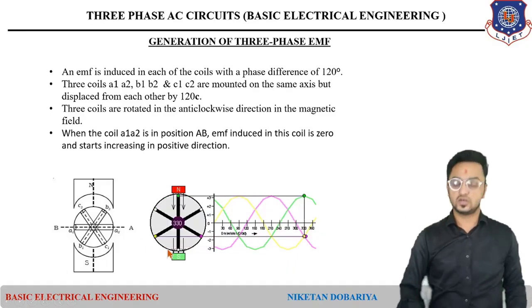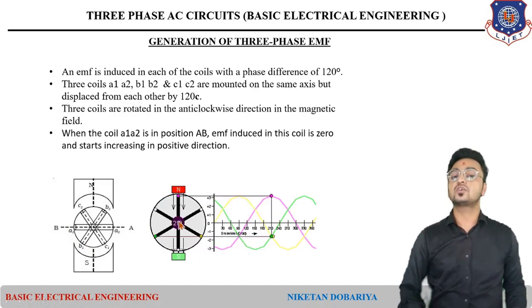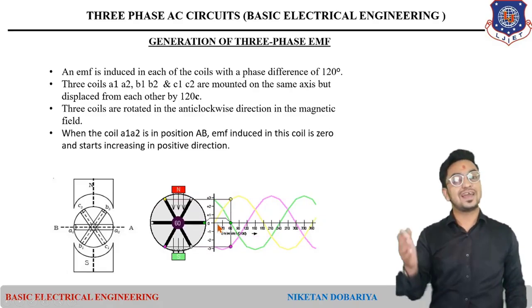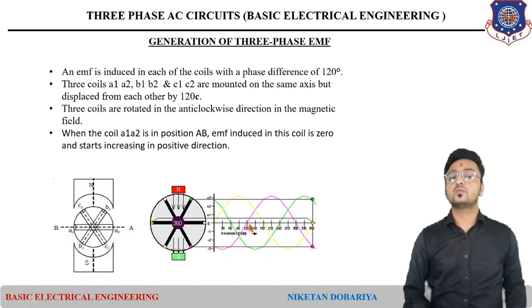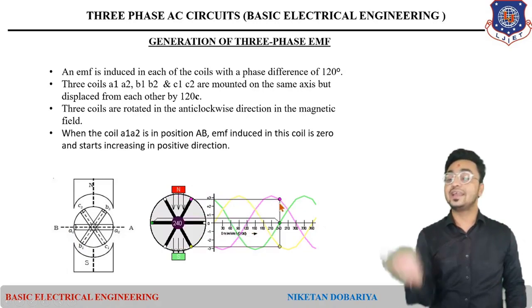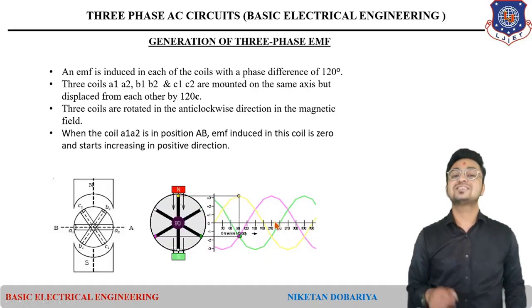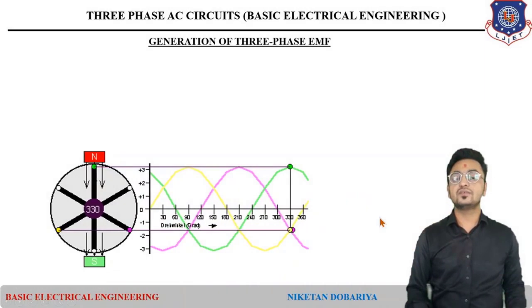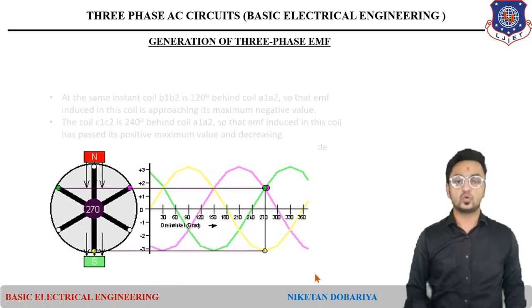So here we can observe by this waveform when these three coils are rotating in this magnetic field. The first voltage, mentioned by this yellow color, is starting from 0 degree, and the second waveform, indicated by this pink color, is starting at 120 degrees, lagging with reference to the first one. And in the same way, the third, green one is starting from 240 degrees lagging. So this is how these three voltages will be generated, and the same waveforms are presented over here.